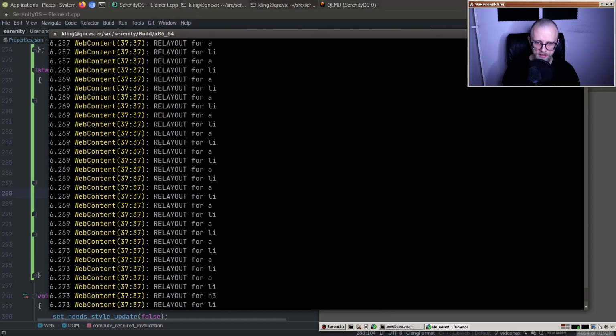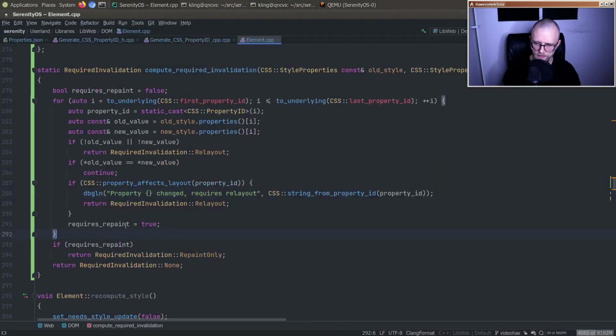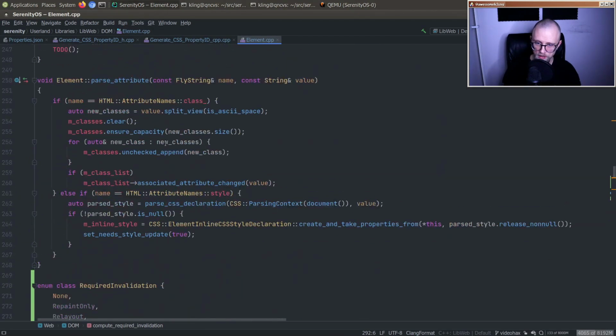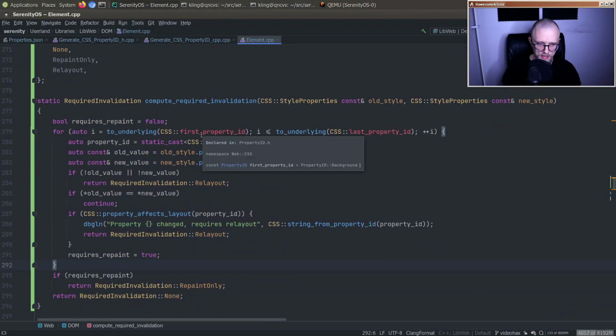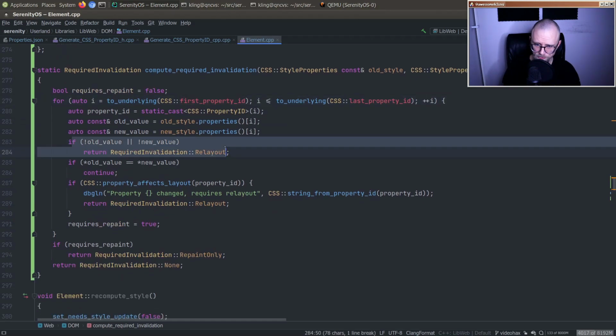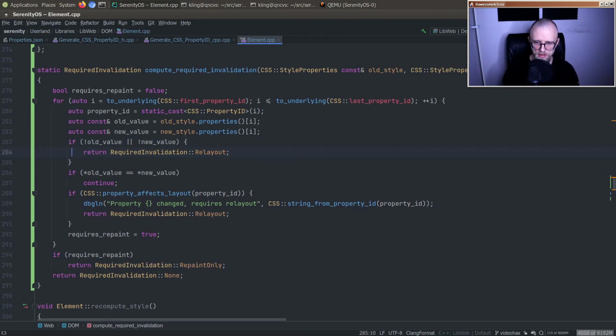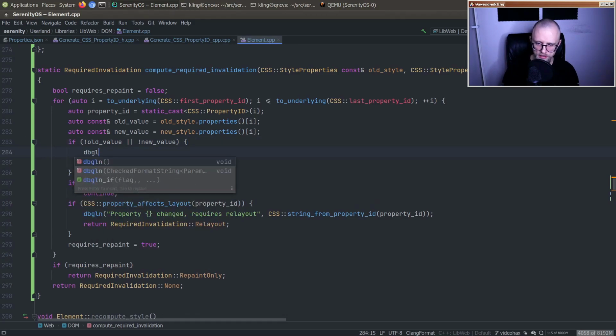Wait, it doesn't say anything. Oh, okay. Did I not think correctly somewhere here? Let's see. If old value or not new value, so if either of these are null, well, let's print that out. Old value is, new value is